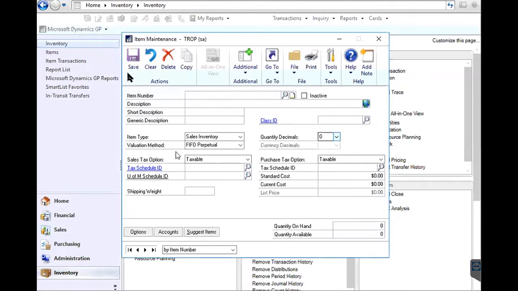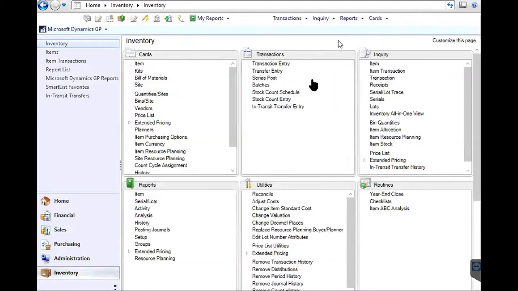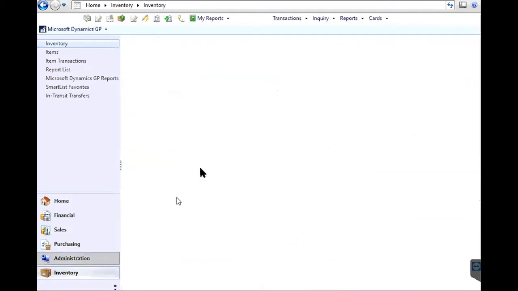In this window here, the list price is currently grayed out, so the user is not able to go in and make any modifications to this field, and you are able to achieve that functionality by using the field security